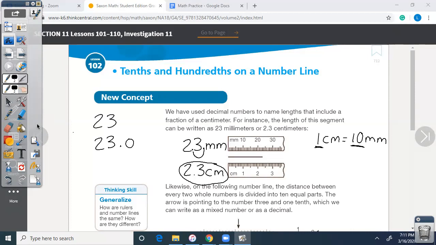Okay, I'll give you a hint. Down in a minute, we're going to have to figure out how many meters something is. So to go from millimeters to meters, or from centimeters to meters, 1 meter equals 100 centimeters, so you'll have to move that decimal 2 times. Okay, so just knowing the relationship between millimeters, centimeters, and meters is very, very important. Okay, let's go down and let's look at these two